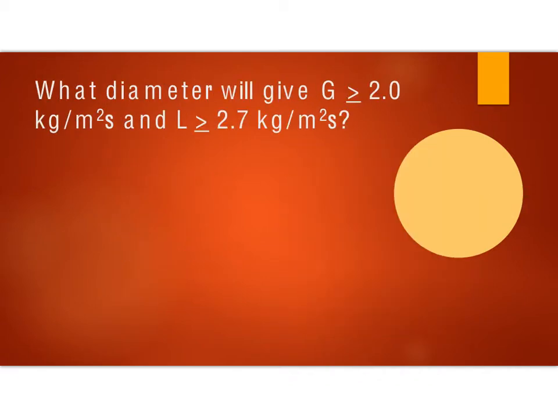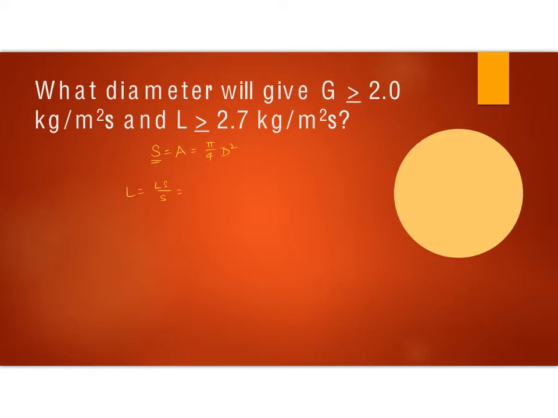So the next question is, what diameter do I need to get a gas flow rate G greater than or equal to 2 kilograms per square meter per second, and L greater than or equal to 2.7 kilograms per meter square second? If I use the cross-sectional area, whichever notation you wish, but I've been using S, S is pi over 4 d squared, and I can try different values of S and look at L